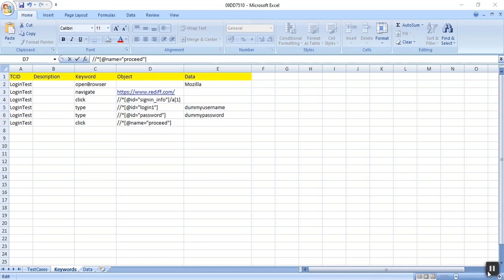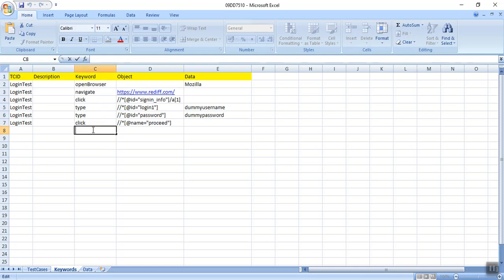Fine. So these keywords can be used on any application, not on a single application, because these events occur on every application. See, these are our generic keywords which can be used on any application.